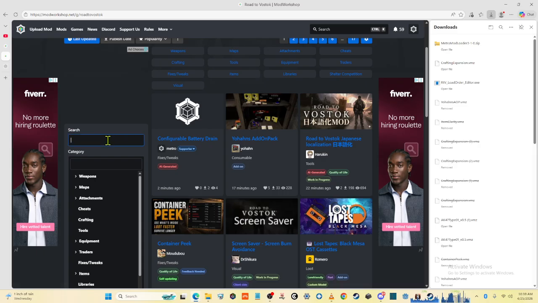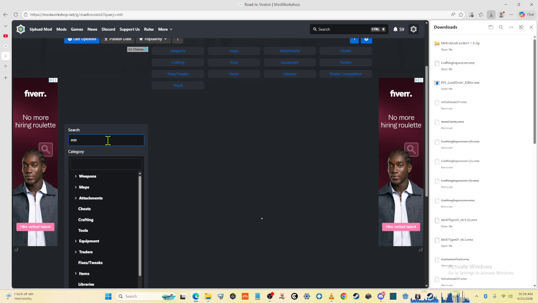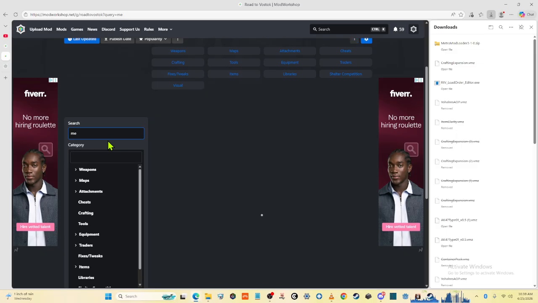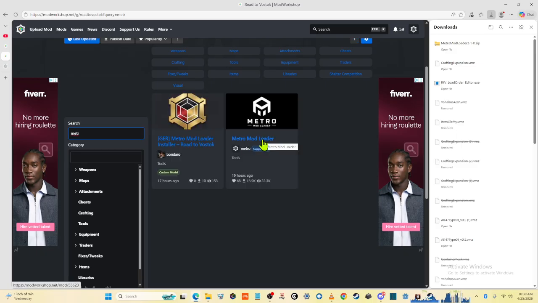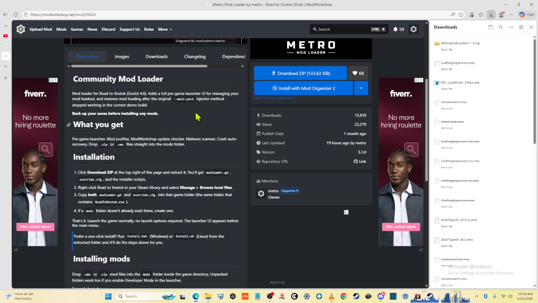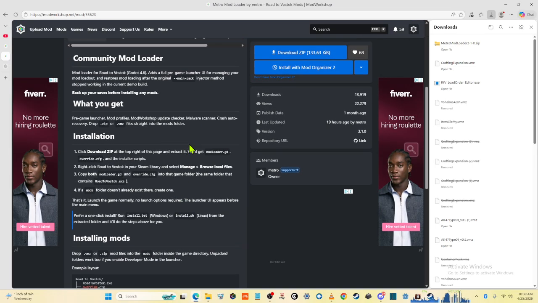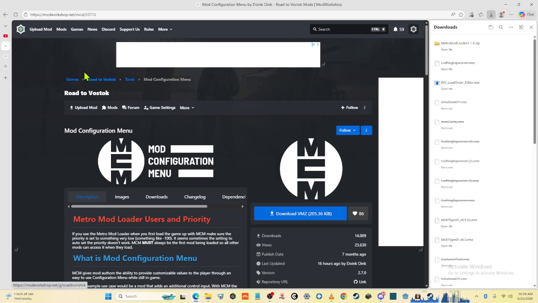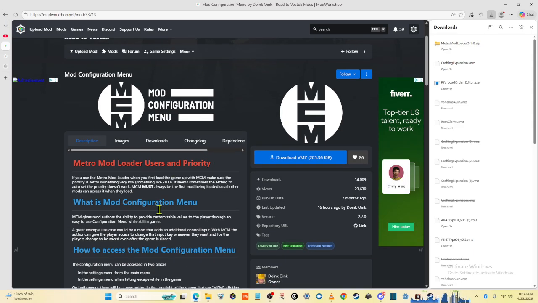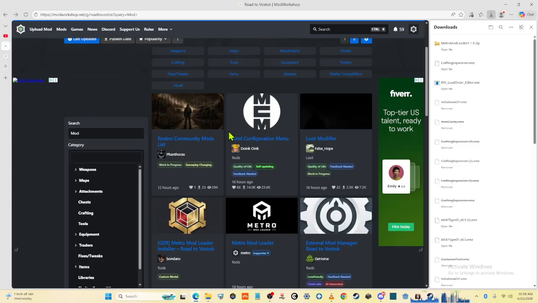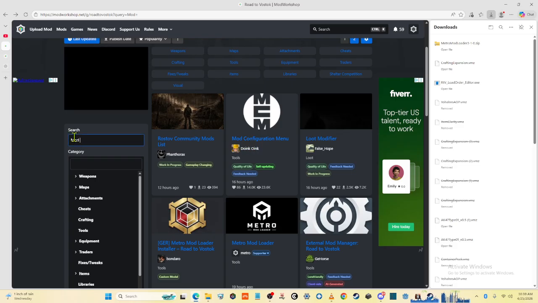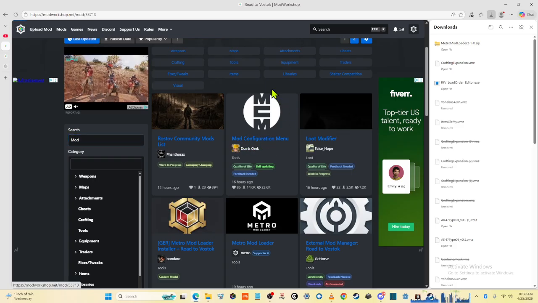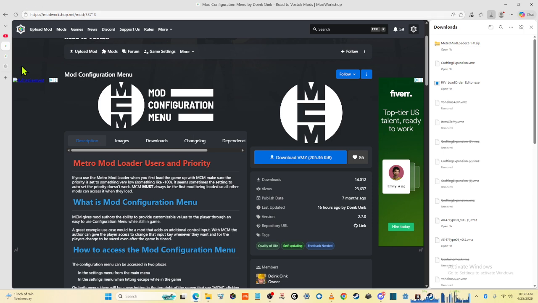You're going to need Metro Mod Loader. You can search these things right here. So Metro Mod Loader, this is very important. It's the first one you're going to need. And then you're going to need Mod Configuration Menu. So search for Mod Configuration Menu. It'll look just like this. I search Mod Configuration Menu, open that. Now,